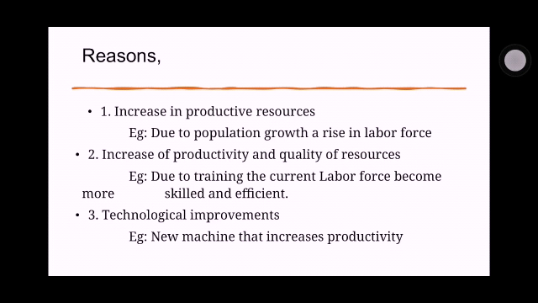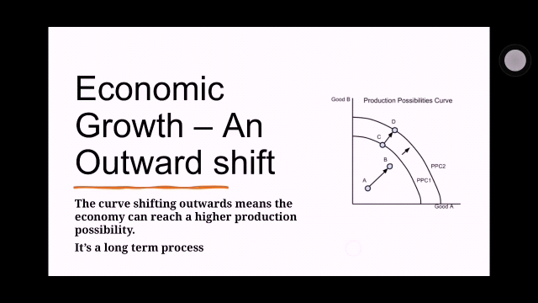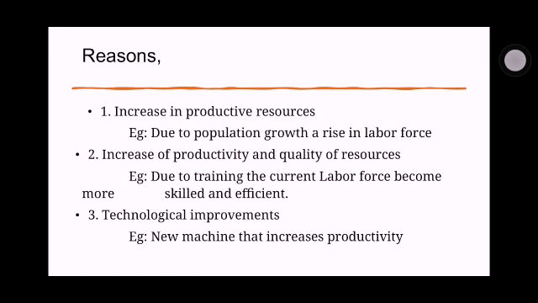Now, what are the reasons for this production possibility curve to shift? First reason is the increase in productive resources. We had a certain amount of resources to produce at PPC 1. Just imagine we are making good A and good B and we need wood. We had 100 tons of wood to produce good B and good A at point C. Now we have 500 tons of wood, so we can produce more of good B and more of good A. And due to population growth, a rise in labor force. Now these are theoretical examples.